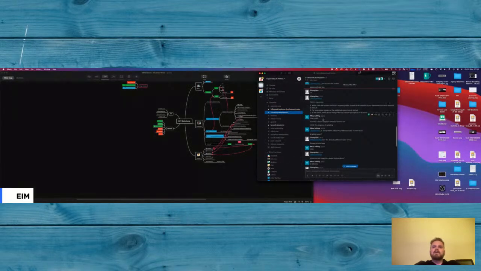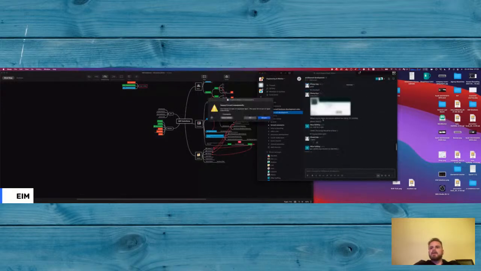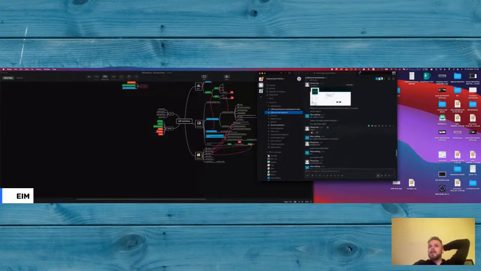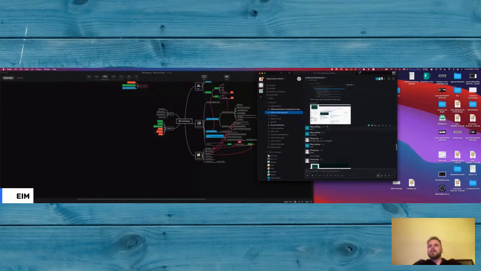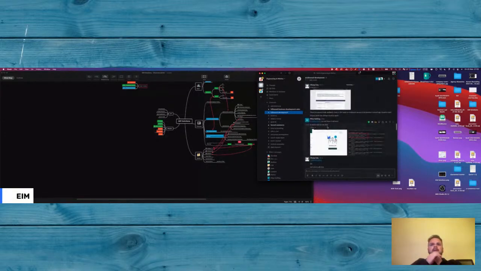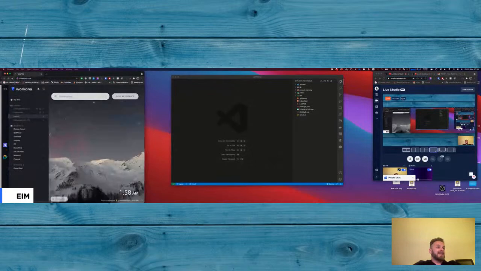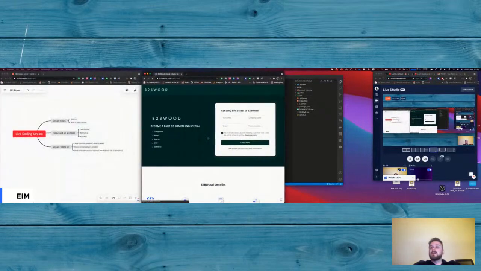We usually use something like Slack for discussions, but you can see more or less what we are discussing. Pull requests, like what do we do with this button, what do we do with our button. We're building a product also called B2B Wood, which is a bootstrap startup. It's like a LinkedIn for the forest industry. You can check it out if you want.